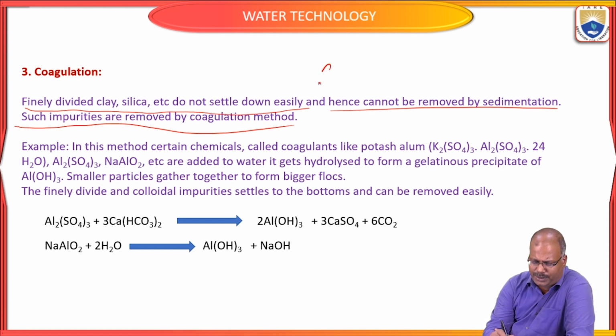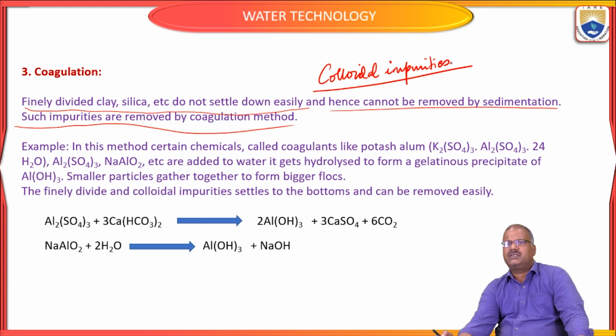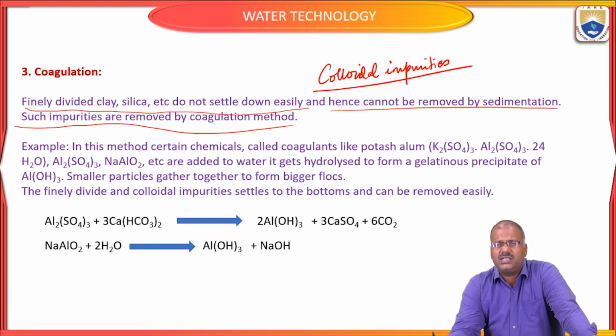See, colloidal impurities means the particle size will be very, very low, in micron size, which will not settle down easily. They will stay in the solution. So in order to aggregate those impurities and make them bigger flocks and settle down as precipitates,